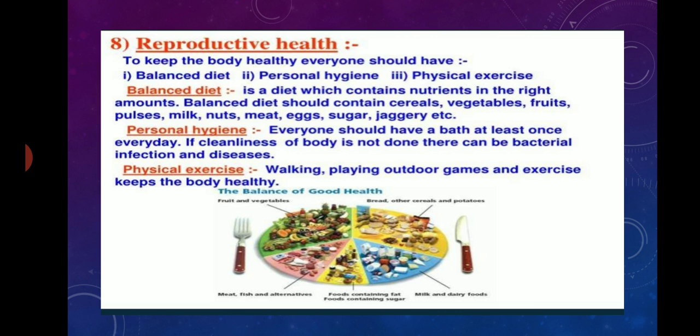Adolescents need to practice the important points of personal hygiene. Everyone should have a bath at least once every day, and it is more necessary for adolescents because the increased activity of sweat glands sometimes makes the body smelly. So they should bathe daily and change clothes daily. Before and after taking meals, we should always wash our hands with soap. Girls should take special care of cleanliness during menstrual flow, keep track of their menstrual cycle and be prepared for the onset of menstruation.